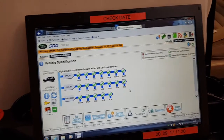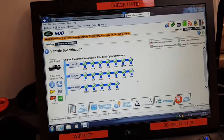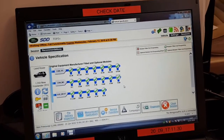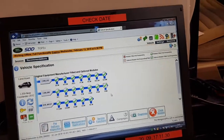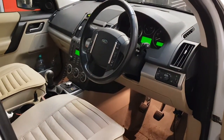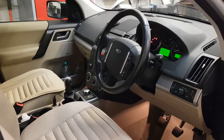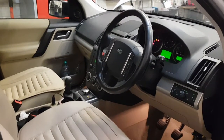Okay guys, just thought I'd video this one for you. Whether it's going to become a common problem, I don't know. But basically we've got a 2011 Freelander 2, and the customer's complaint was the car was fine one day, he parked it up, he came out